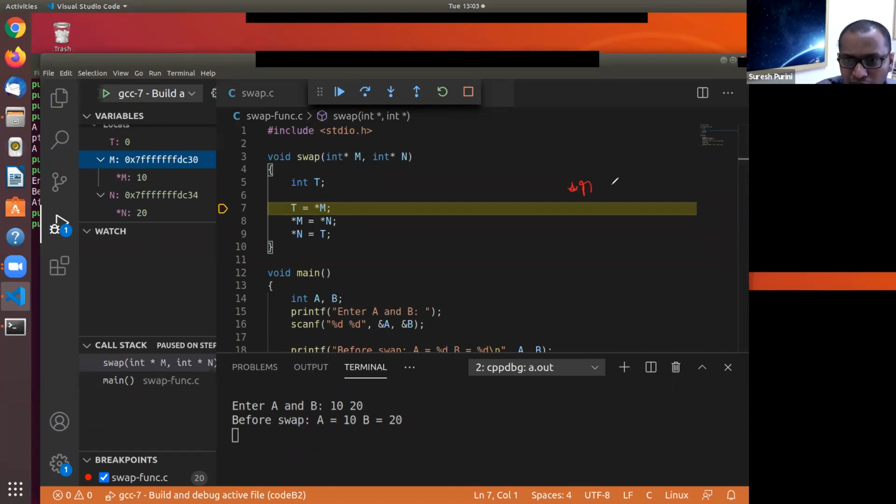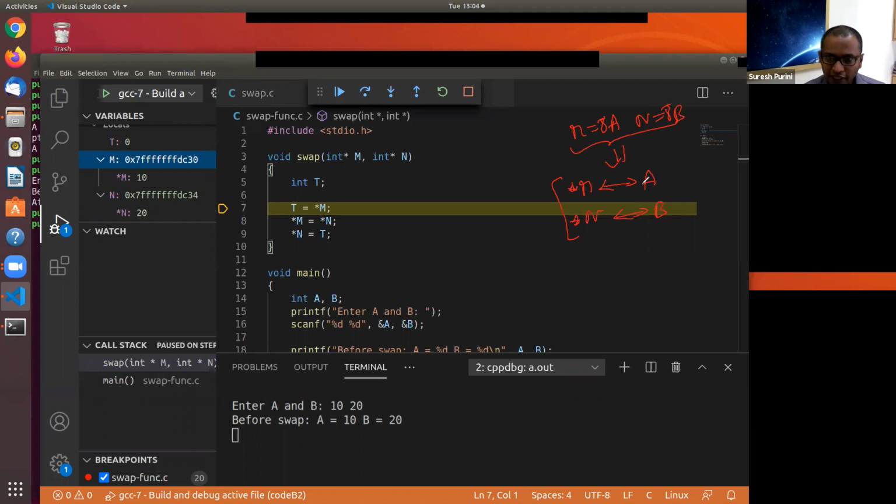Star m is an alias of variable A, and star n is an alias of variable B. Why? Because m is equal to the address of A and n is equal to the address of B. Together, these two things imply that star m is an alias of A and star n is an alias of B.